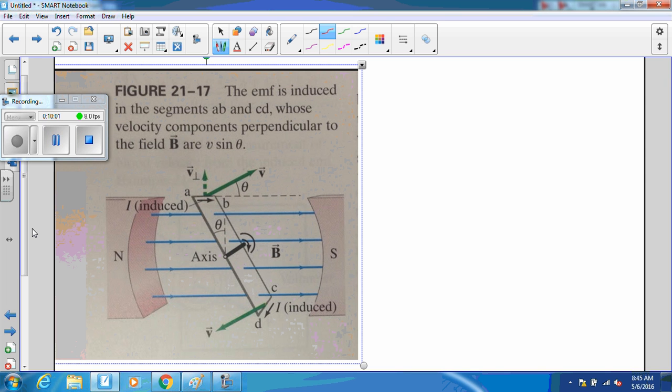So, the concept behind the generator is that we have this wire loop here. And this is simplified because in real life we would actually use many wire loops so we can get that n multiplier in our equation. I'm going to take this wire loop and we're now going to rotate it like this by means of some